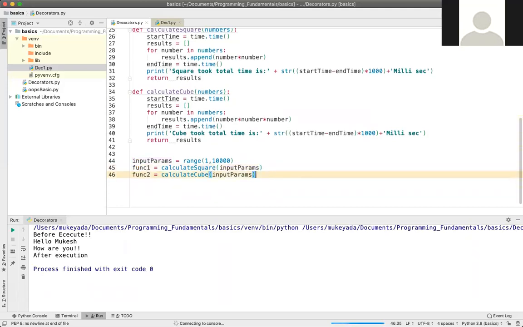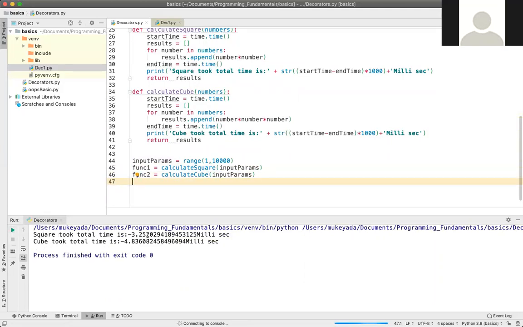Now we can see the output here. It's telling the square took this much time in milliseconds and the cube took this much time.